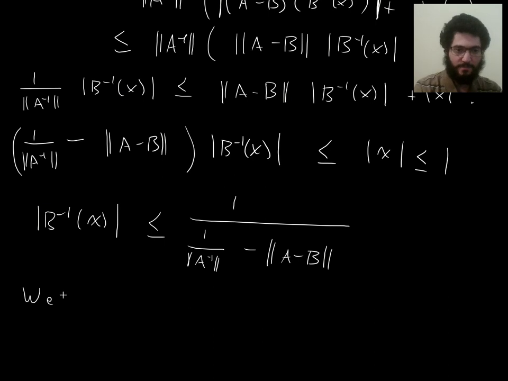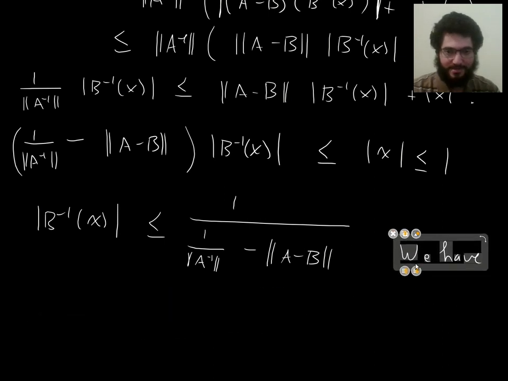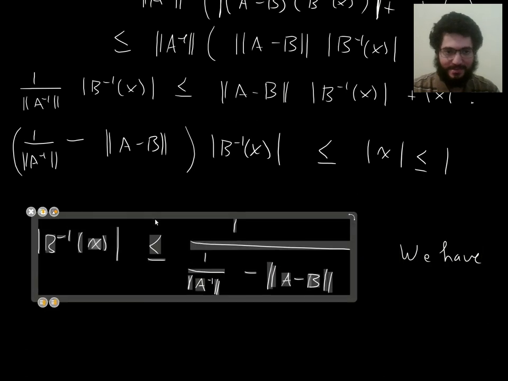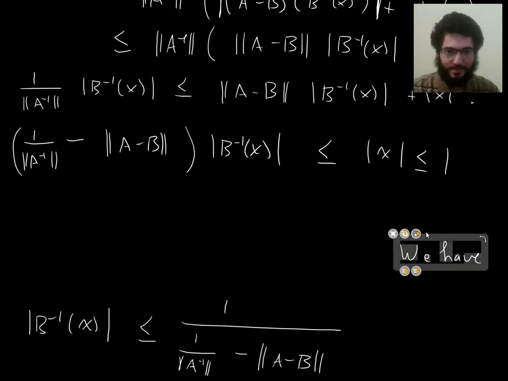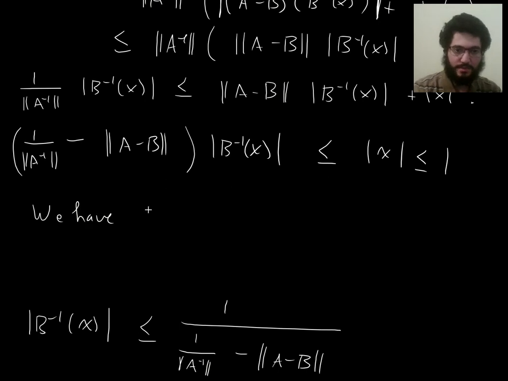So we have, you know, whatever I write here should come before I potentially divide by 0, right? So let me bring this up here. We have this